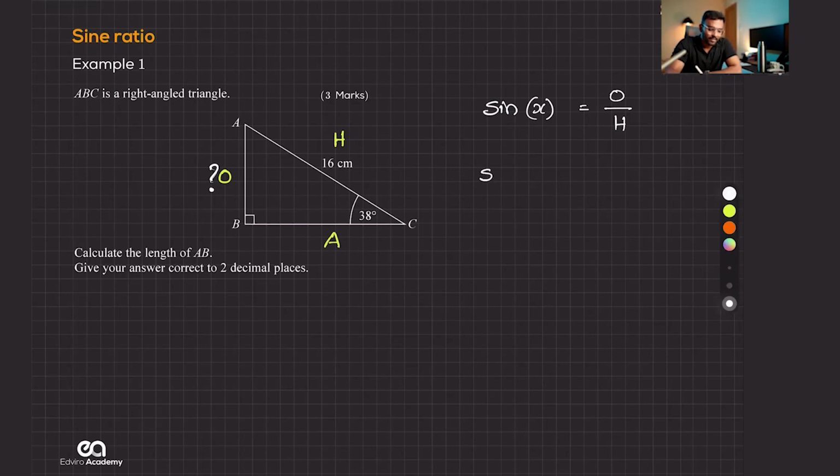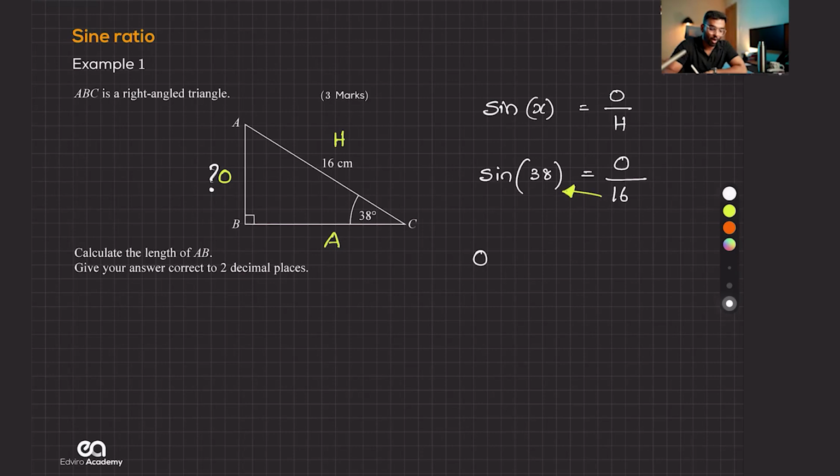We will only choose one of it from the rest three. Okay. So sine of what angle here? What's the angle given, everyone? 38, equals. What's O? I don't know. What's H? 16. You will always cross multiply this to that when you're finding the O. So you don't need to find sine 38 separately.